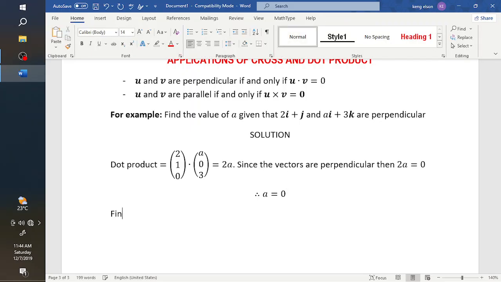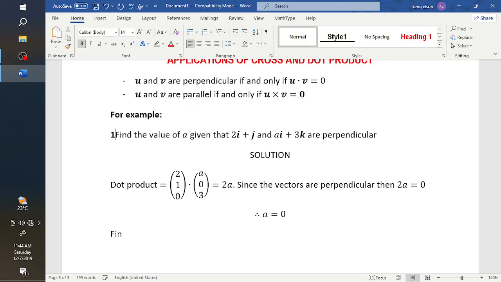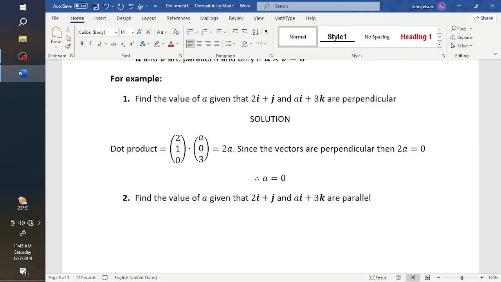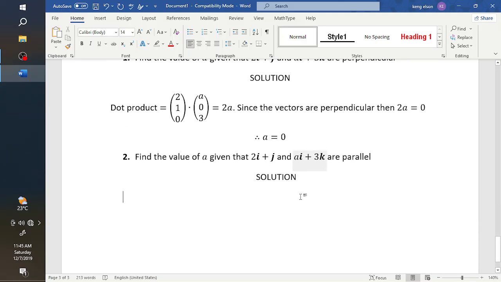Now that was example number 1. Let us see if we can get example number 2. Find the value of A given that the same two vectors are rather parallel. So given that these two vectors are parallel, is it okay? So let's see what we have to do. We have to do the cross product of the two vectors and equate to 0. Okay, so cross product